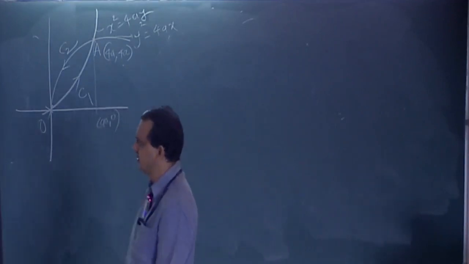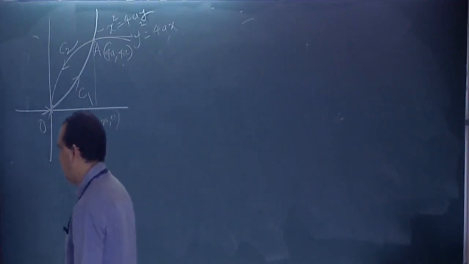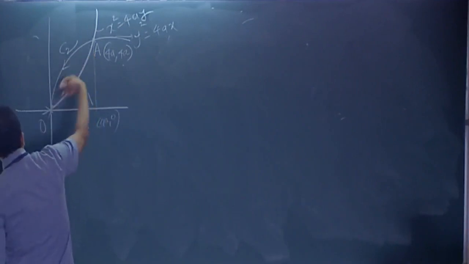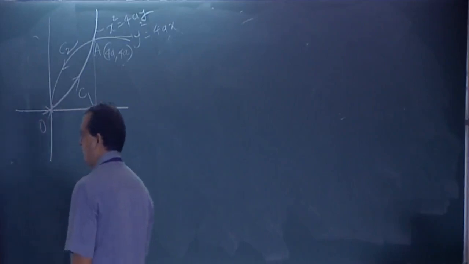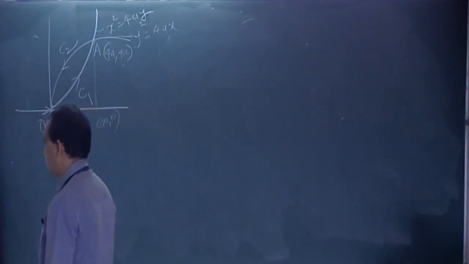So please do it. Parabola line AO: x is equal to y square by 4a, so dx is y by 2a dy. Y varies from 4a to 0. As you can see, it is going down from 4a to 0. Hence, the integration is 1 by 4a, 4a to 0, minus y square dy. So y dx,